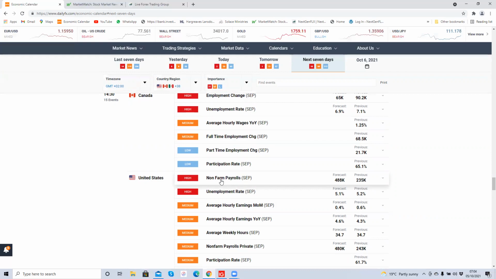So there's a high probability of all markets just trending sideways for the whole week, leading up to the report on Friday. In view of this report coming out on Friday of huge significance, I'll be having only one attempt at each market each day leading up to Friday. So for today, I'll only have one attempt on the Euro US dollar and one attempt on the dollar Canadian dollar, because of the high probability of the markets trending sideways leading up to Friday's report.